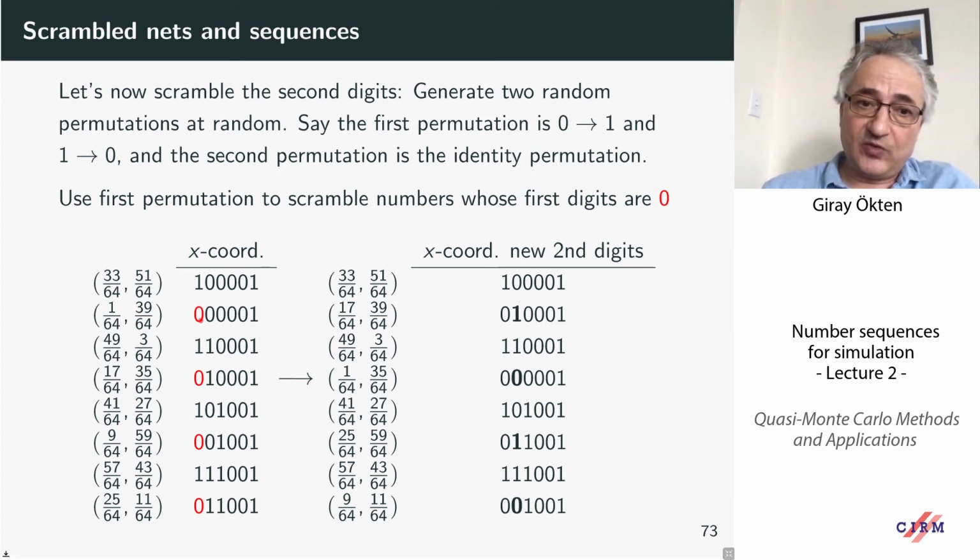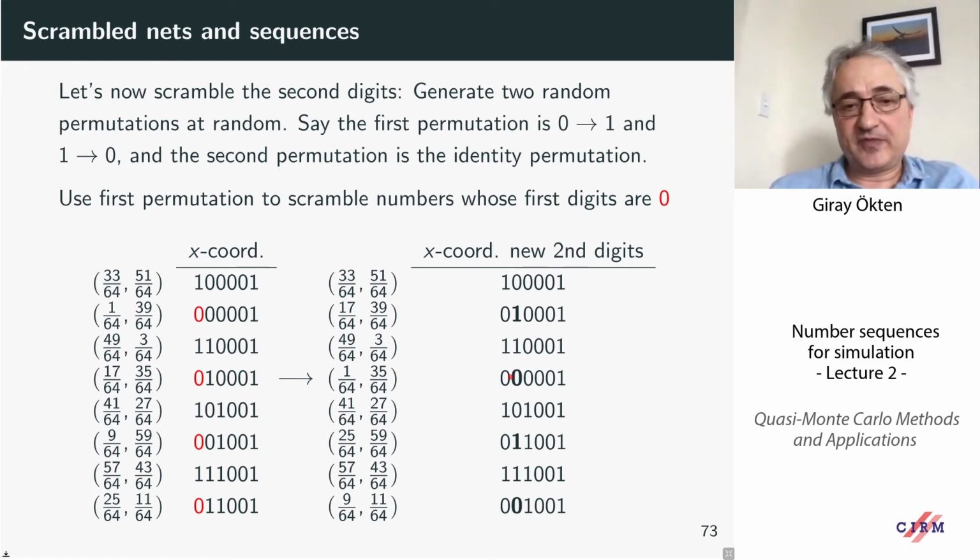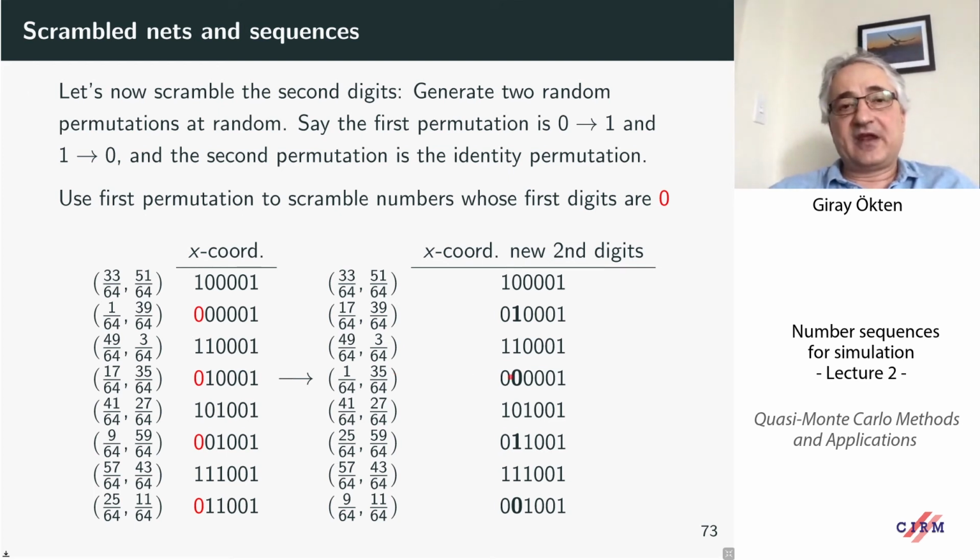For example, this one, where we have a 0, the second digit here was 0, so when you apply the permutation, you flip it to 1. And then the next number is going to be this number, okay? You apply the permutation to this one, the second digit becomes 0. And as you can guess, you use the second permutation, the other permutation,